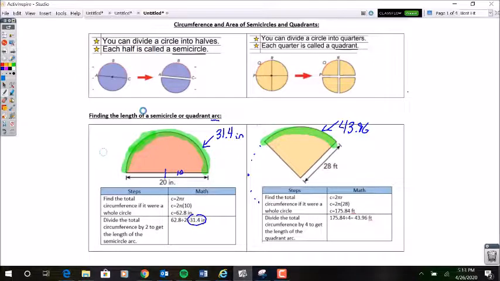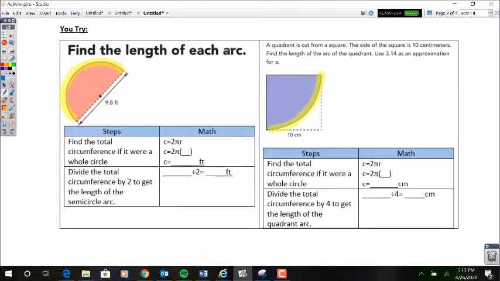So then what we have here is a couple of these that you could try on your own. Again, for these we are just finding the length of the arc. So we have the total circumference, so we're going to again use the formula, 2 times pi times r. If you look at this semicircle here, we have a diameter of 9.8. So we need to divide 9.8 by 2, which tells us that the radius is 4.9. So 2 times pi times 4.9. You're going to multiply that out, which would give you